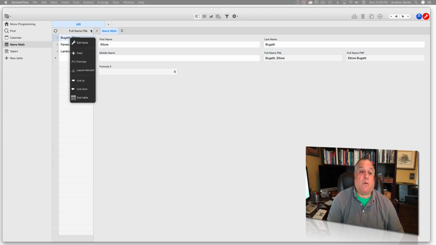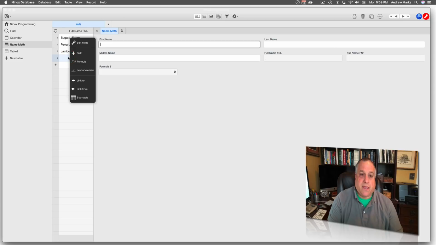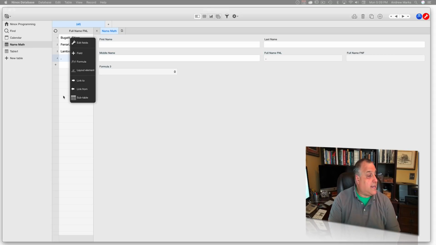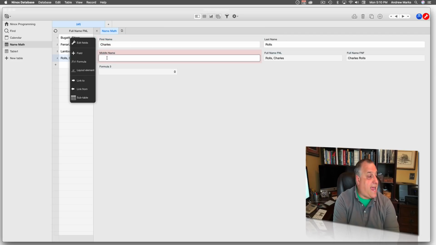While remaining in administrative mode, click on the X that appears next to the table name, Name Math, to close the record, and click on the blank line just below Lamborghini, Ferruccio, and we're going to add a few more individuals from our world of classic and exotic cars. The first name of the next individual that we're going to create is Charles. His last name is Rolls, and this time we have a middle name,